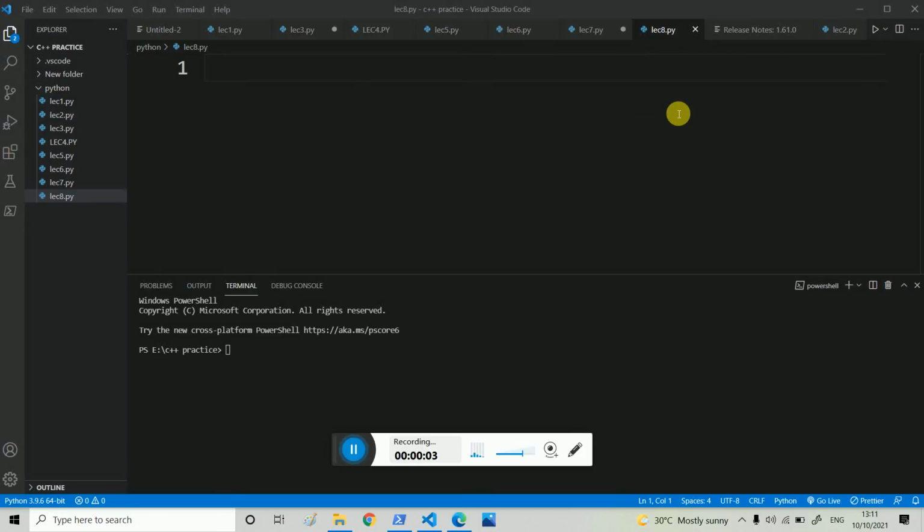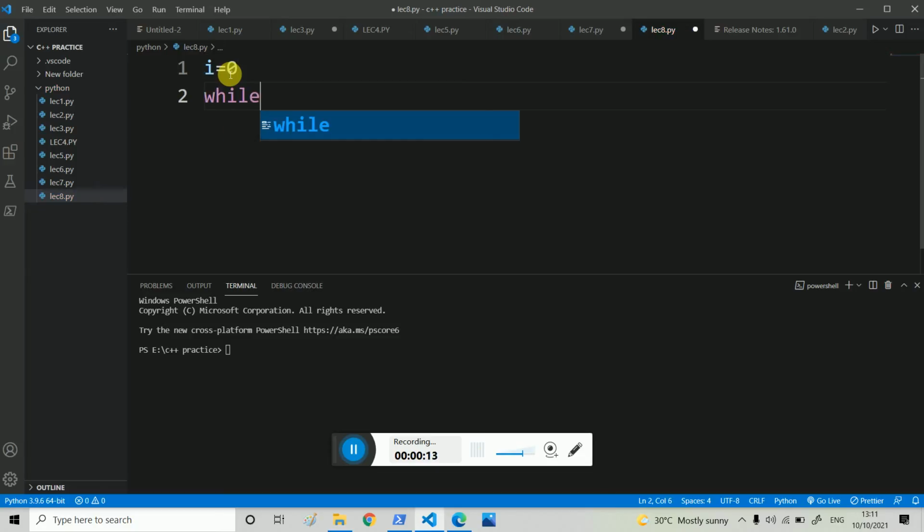In this tutorial we are going to learn the loops. We have while loops and for loops. So firstly we will see the while loop. Let's say I write here I is equal to 0, while